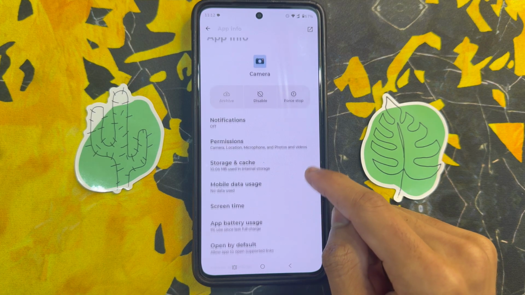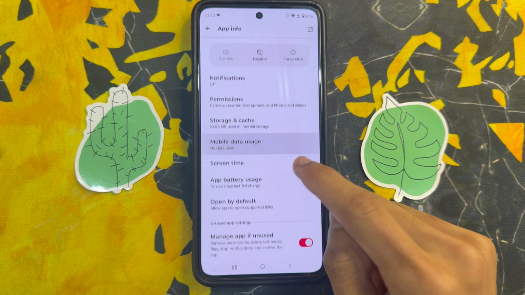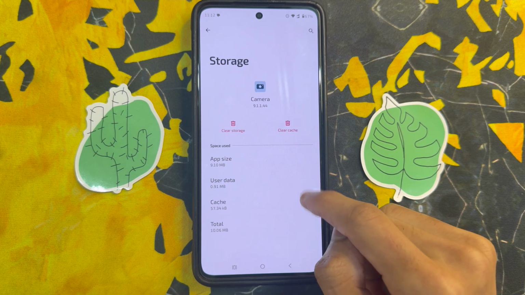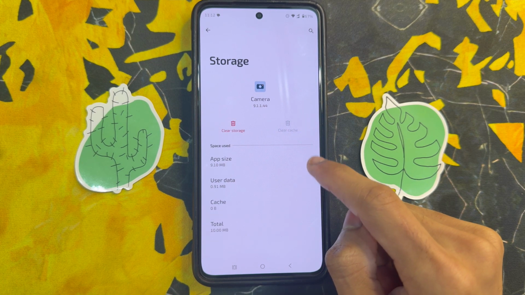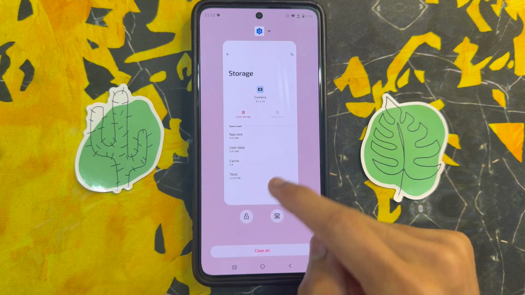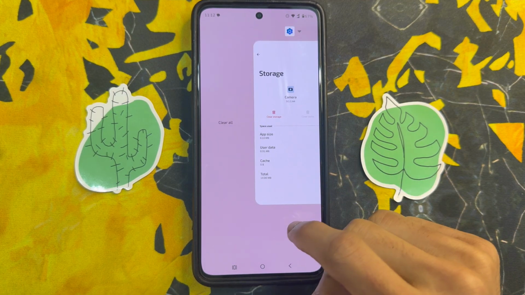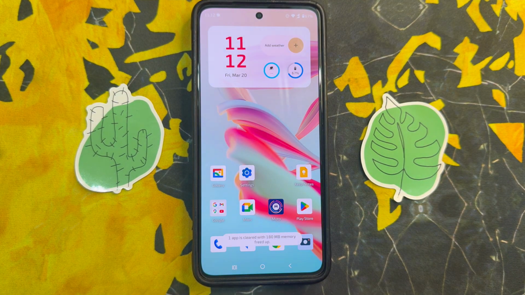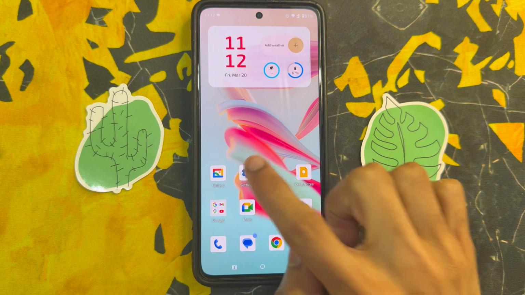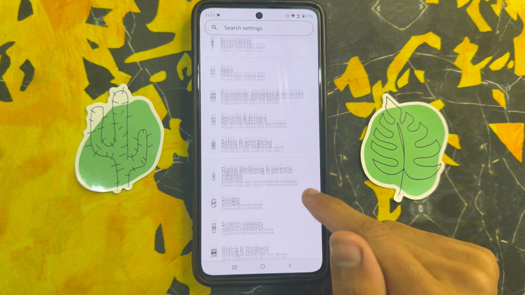After click on camera app, click on storage and cache and click on clear cache. After click on clear cache, go back to home screen. You will see your problem is solved, but if it's still not solved, again click on settings app, scroll down